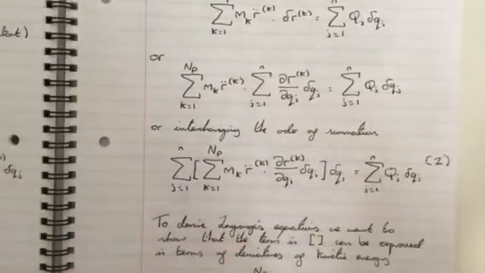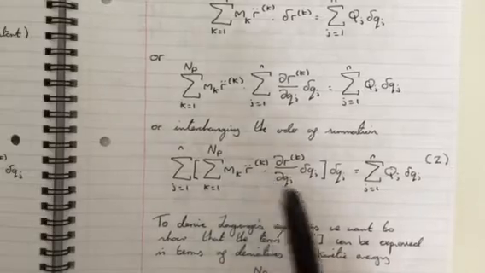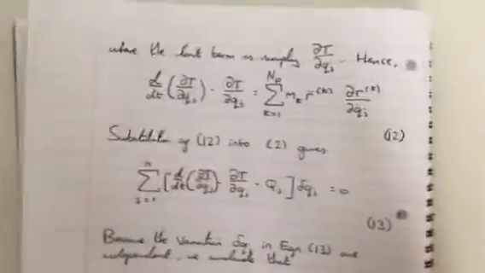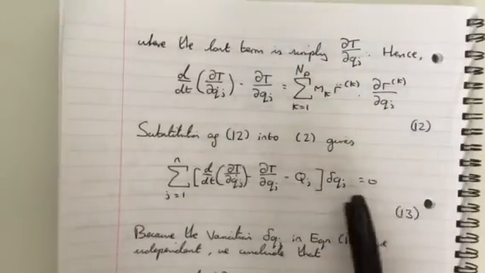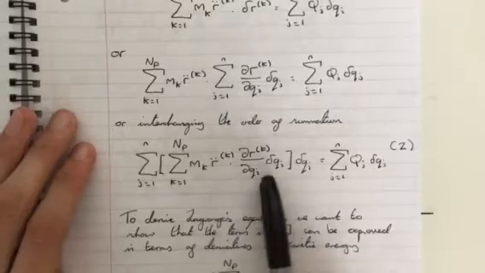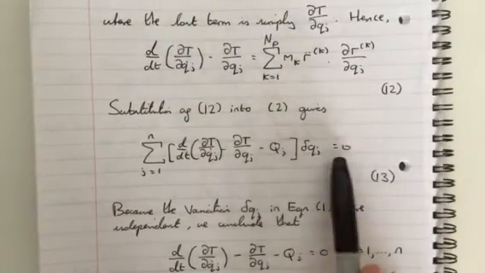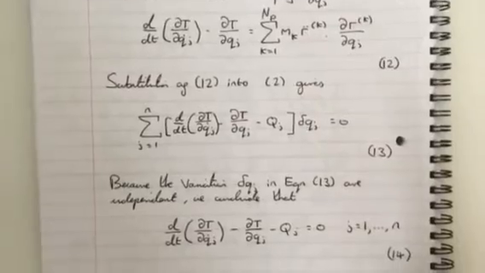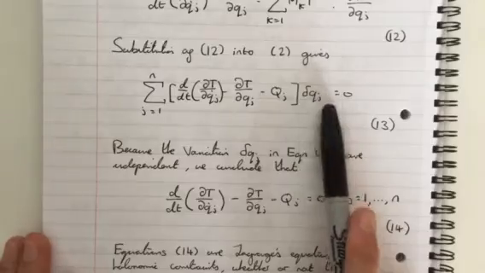Equations 2. Basically this right here is, of course, this here. So we can substitute that into equations 2 and we get that. And of course you take the q and put it there. This term is equivalent to this term. We can rewrite it in terms of partial derivatives, which we have here. And we basically take the q term and set it equal to 0. Very good. So, because the variation of our